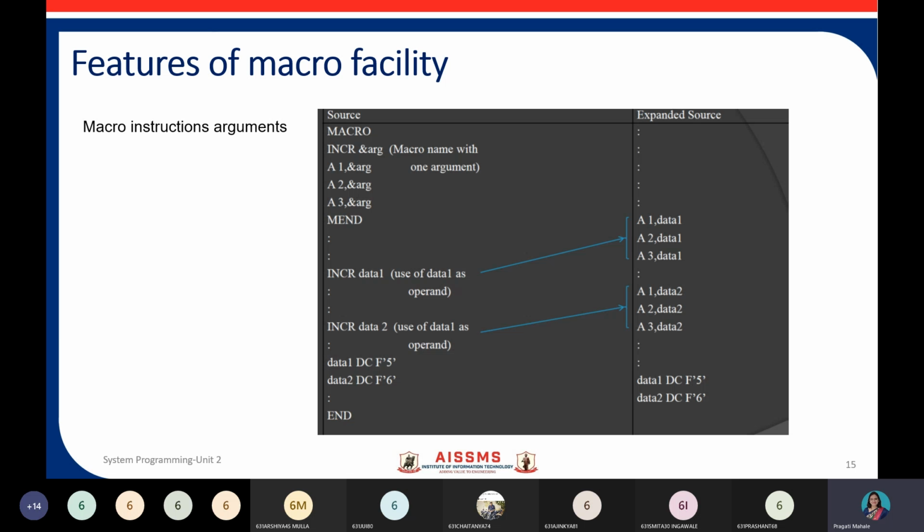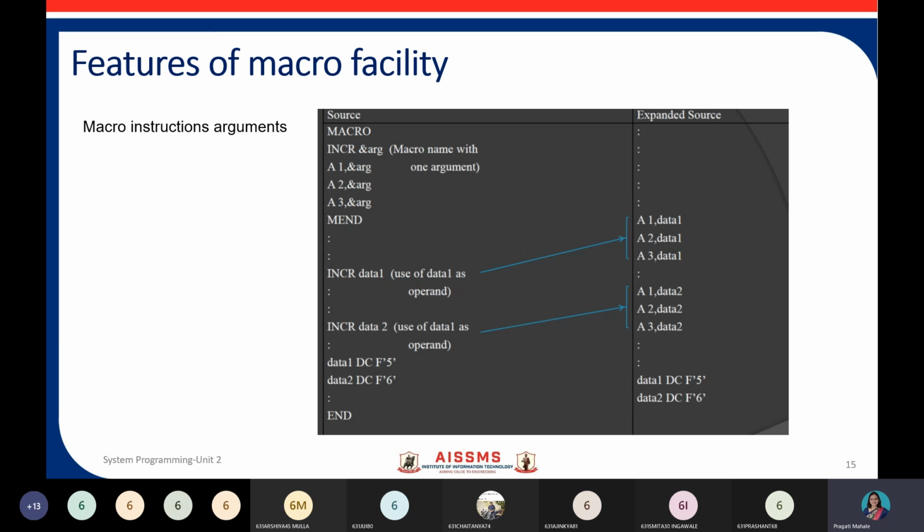In short, ampersand arg is replaced with data 1. Similarly, in the second macro call, we are passing the operand data 2 as an argument, so in the expanded form ampersand arg is replaced by data 2, right? This is called macro expansion with argument. I hope this concept is clear to you.